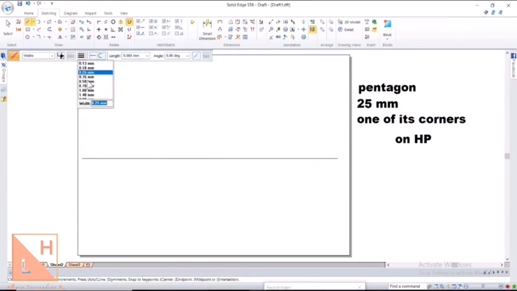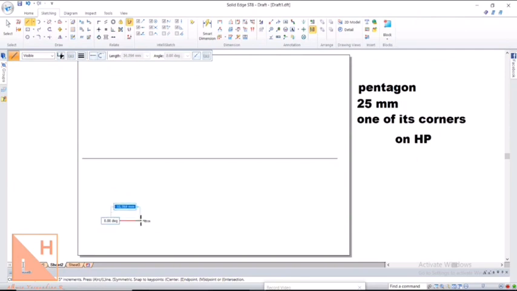So again take a line, change the width to 0.5, and here we can draw a pentagon. Do not worry on which side we're going to draw, since we are using the software. Do not worry how to draw the pentagon, whether on the left side or right side. You can do that later because we have the command called rotate in the software. While drawing manually, you must be careful. According to the desired position, you need to draw the plane figure. So let us draw the plane figure.